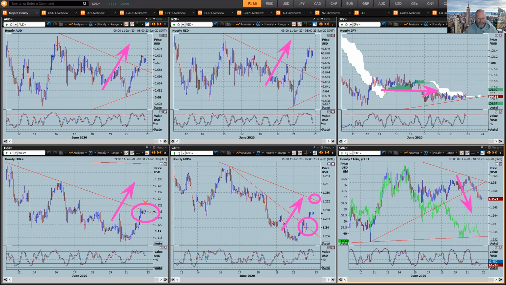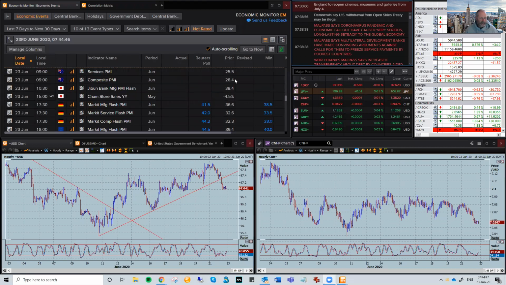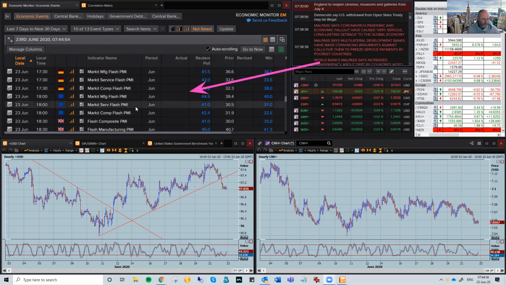But one thing I'll be doing from here on in, and I haven't sort of paid a lot of attention to it, is the fundamentals, right? This is where you're starting to look at the numbers again. Really, these are going to come back into play. We've got some coming into today's trading. We've got some flash manufacturing numbers out of Germany, the Eurozone, and the UK.